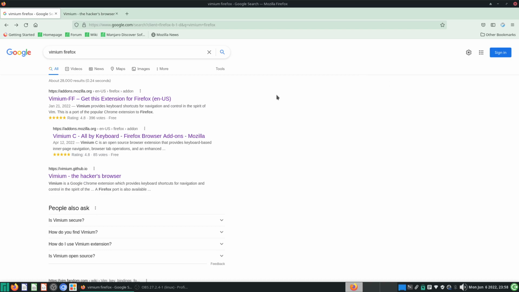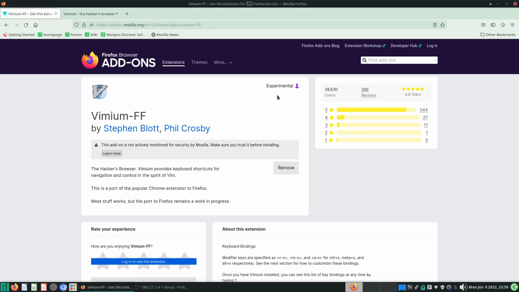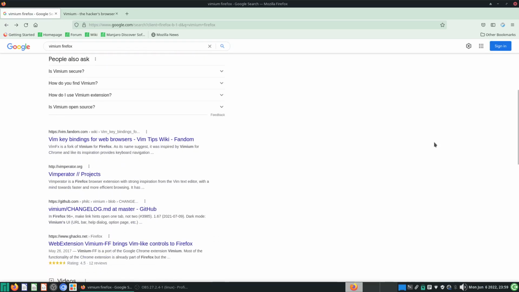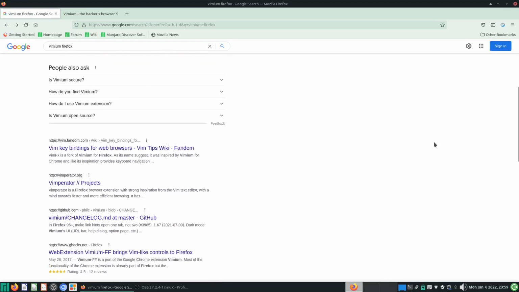So these are the most basic ways to get started with vimium. The H, J, K and L. H is for backwards, L is for forwards. Just press the shift key, and if you want to open new links, press the F button, and then press the appropriate buttons here. For some pages, vimium is disabled, unfortunately, but for a lot of popular